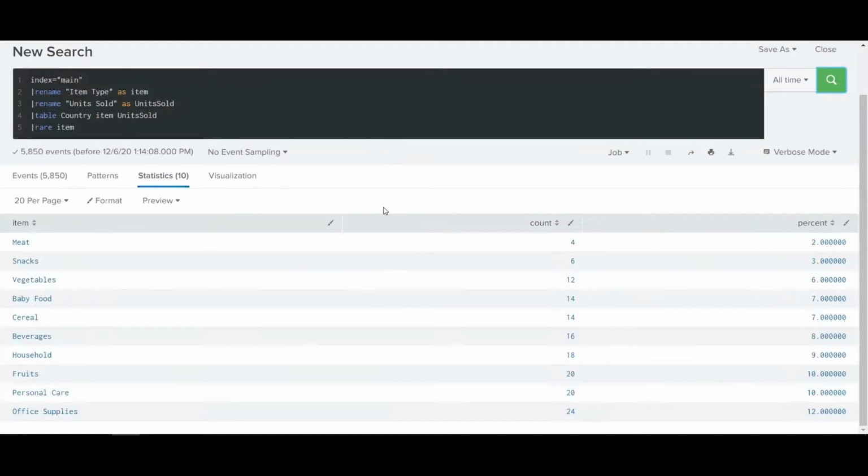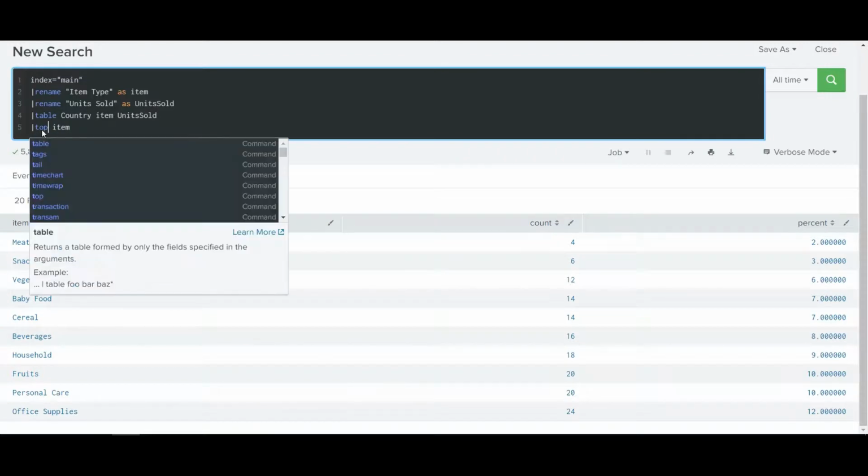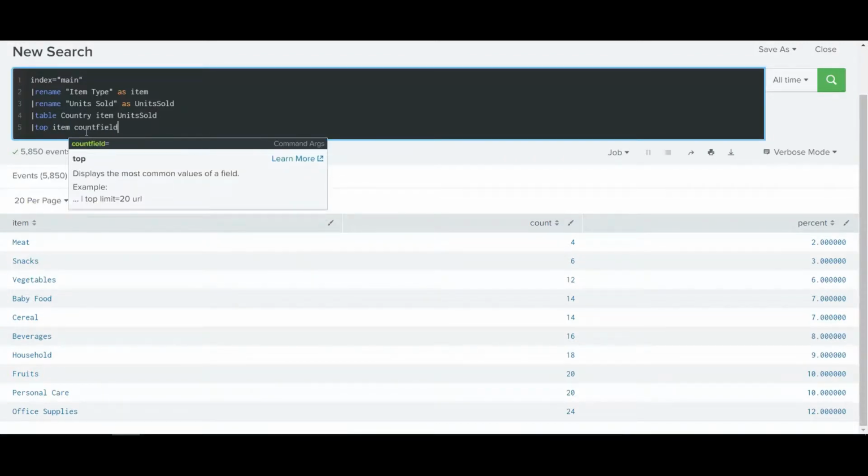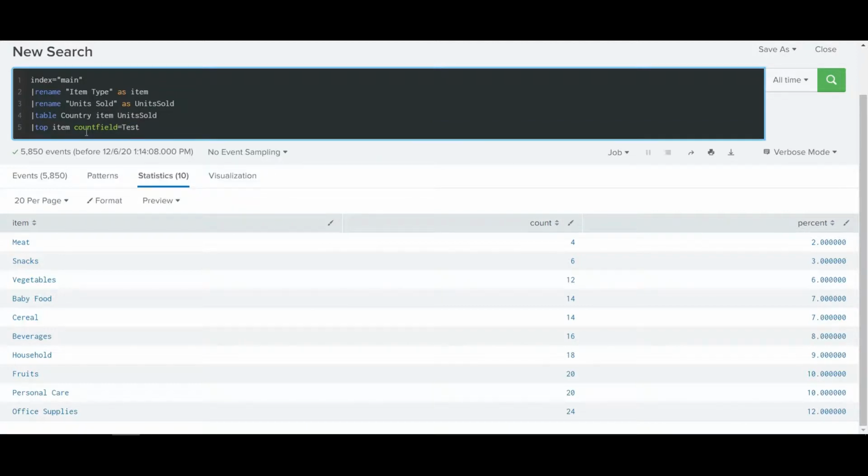So you can see here we have the same two new fields, count and percent, added. We can rename this field if you want. So let's type this countfield option, and we can give a more appropriate name. Just for understanding, we'll give the name test count here, and we'll see whether it changes or not.